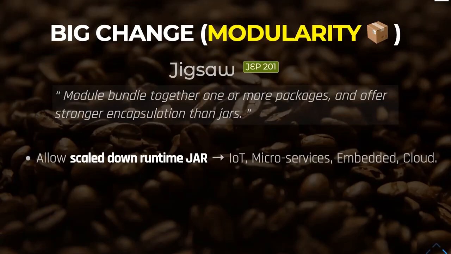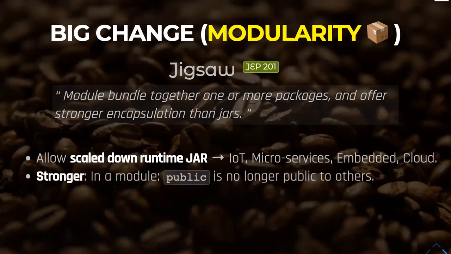At the same time, for productivity, I should have one code base, and whenever I use just enough of the API that I use, I can produce my runtime environment. So I don't have to bundle all the JDK APIs with me. This allows scaled-down runtime jars. So it's very relevant for IoT, microservices, embedded devices, and cloud computing.